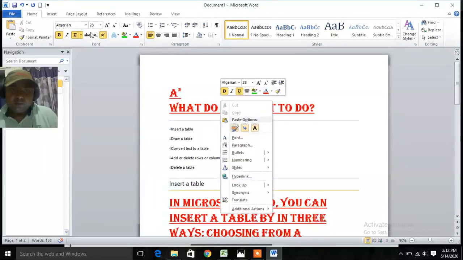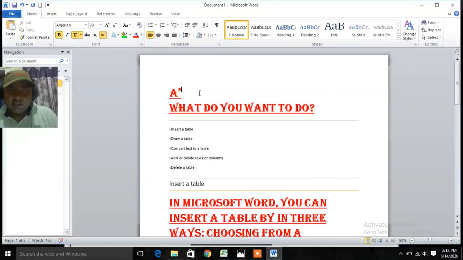Now again deselect this. And base, you can select in the same way, subscript, base 2, like this. So superscript is slightly above and subscript is slightly below the baseline.